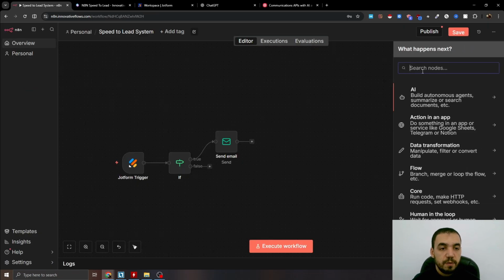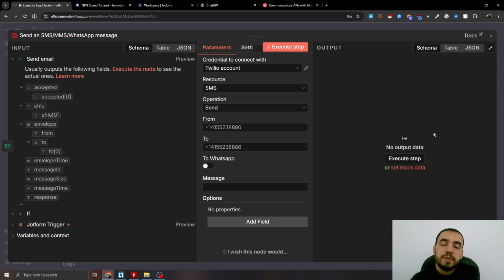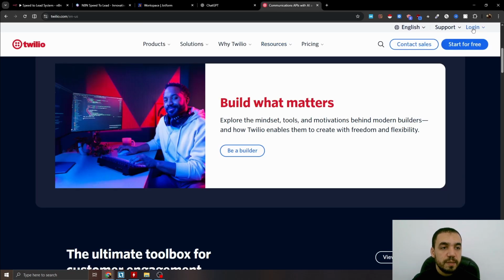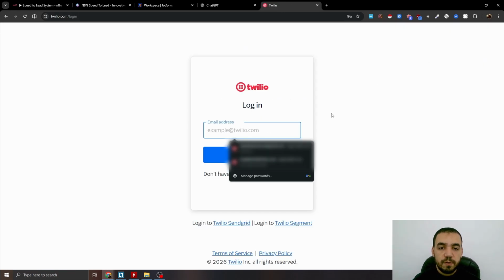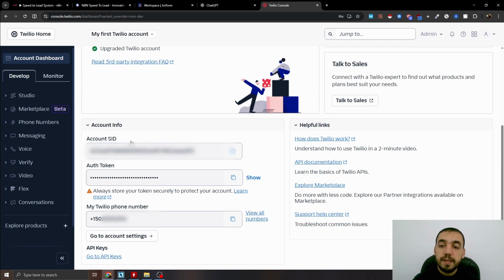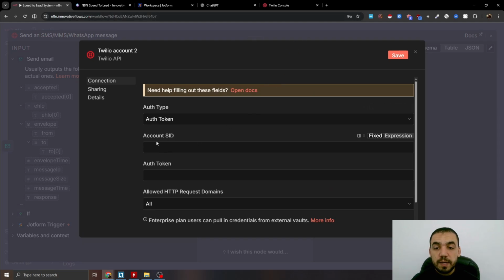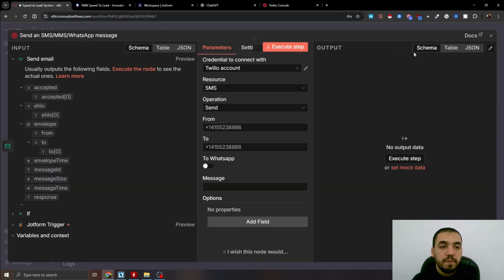Okay, next, click on the plus, search for Twilio. Basically, Twilio is a tool that we will be using to send SMS from, as well as connecting the lead to the sales rep by phone. Okay, go to Twilio, create an account if you don't have one. If you have, just log into your existing account. Once you create a Twilio account, you will land on a dashboard like this one. Simply scroll down and copy account SID as well as authentication token. Go back to n8n, click on create new credential, copy your account SID, authentication token, save, and the connection will be